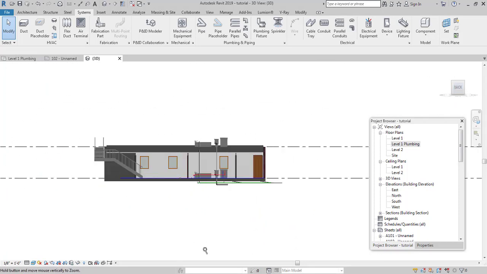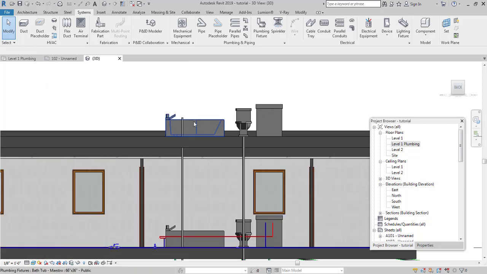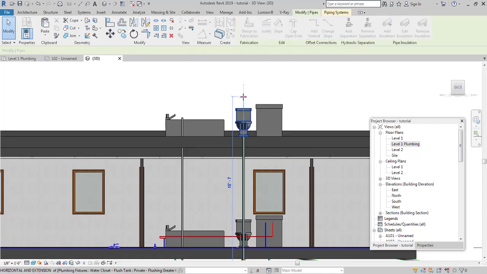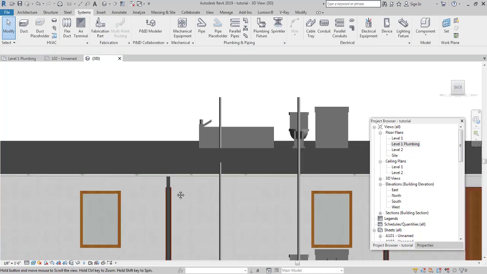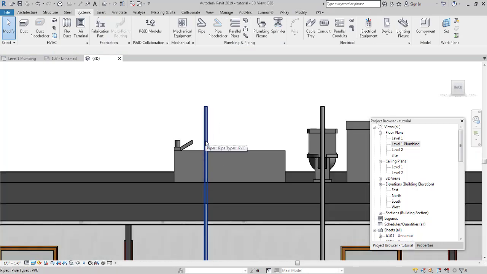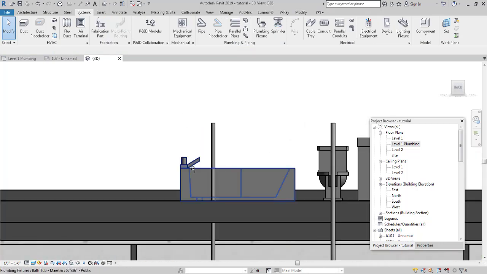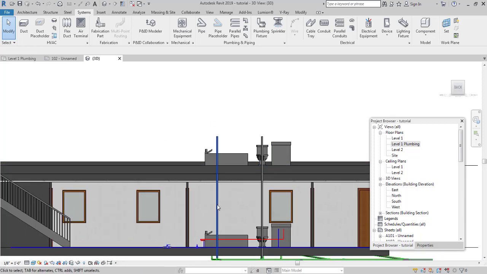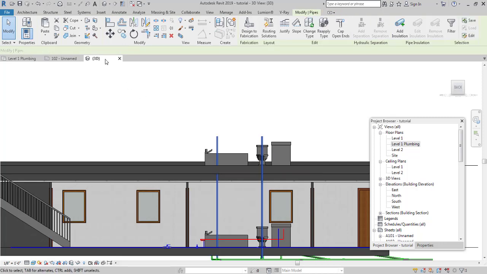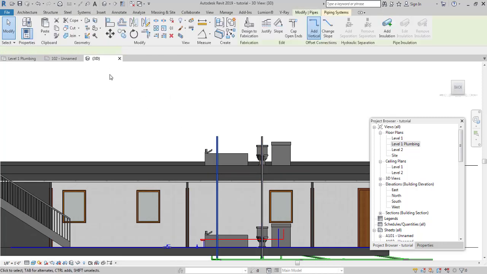And now I would like to connect these plumbing fixtures with these risers. Now these risers won't be vent risers. These will be sanitary risers, and a vent riser will start from the last plumbing fixture on the topmost level. So just select these pipes over here. Actually, select this pipe over here. Okay, it's 1/2 inch. That's good.